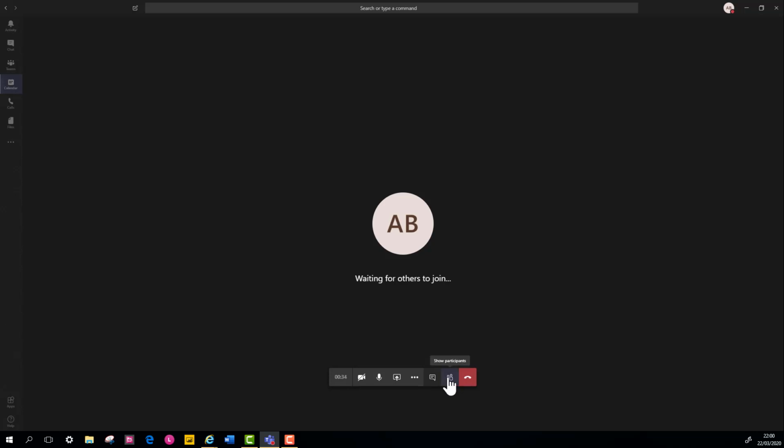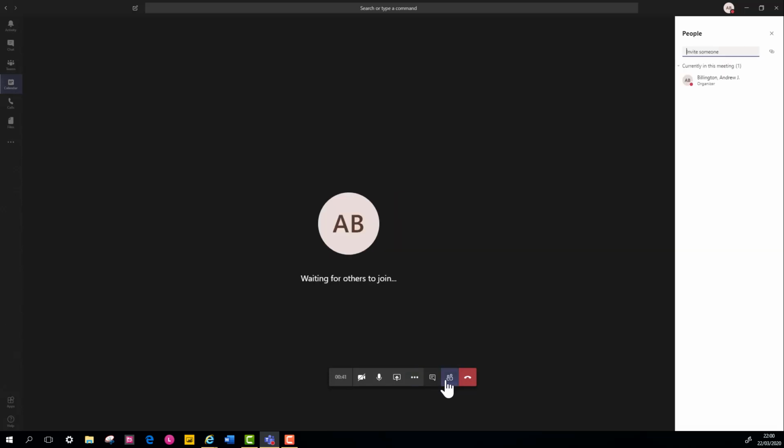Okay. If you want to see who else is in the meeting, you can click on this little icon, Show Participants. And over on the right it says currently in this meeting, this person. And the other people it lists are other people that have been invited, basically. Okay. But it's telling me I'm the only one currently in the meeting, so I'm still waiting for other people who would have been invited to turn up to this meeting, and they would join it in the same way